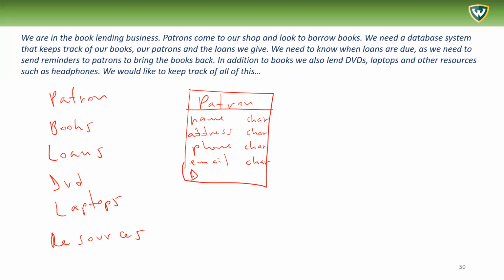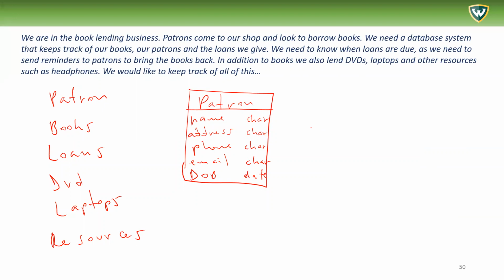Maybe date of birth. Who knows? Date of birth. That's going to be date. Date is another native data type, so date. And you begin the process this way. Now, it's very hard for me to write here on the screen, so forgive the handwriting, but you start noticing,